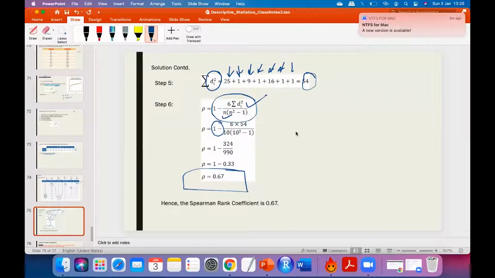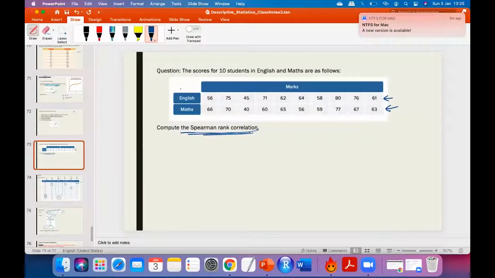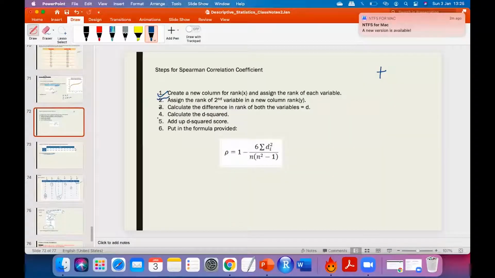Now it was easier when we took the example. Now just read out these steps. If I had just shown you this, it would have been confusing. But the crux of the matter is, this is the step that you need to follow. You just rank the two variables, rank of one variable, then rank of the other variable. Then you find out the difference, name it D, then the square of the difference, and then you sum it, multiply by 6, and so on.